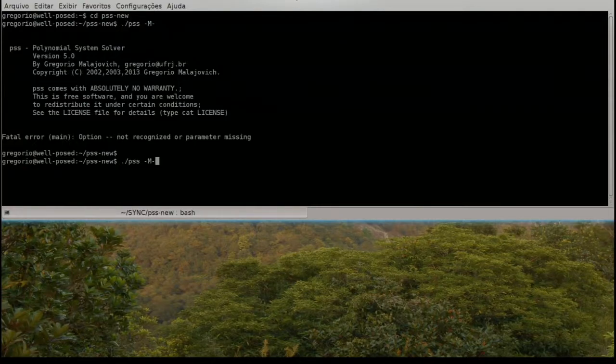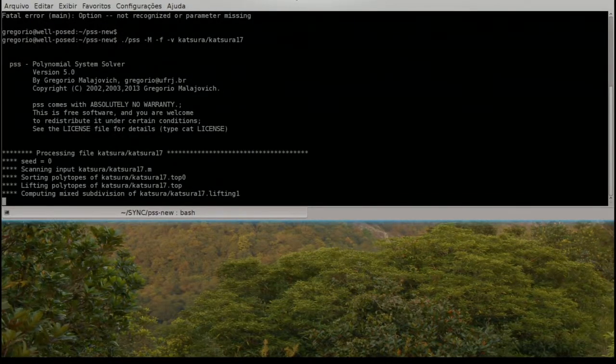Okay, so I'm invoking a program that I've been working on for some time. And I will compute the mixed volume of an example that is Katsura 17, and I will leave it running. Then I'm coming back to my talk. So the computer is doing some work. Meanwhile,